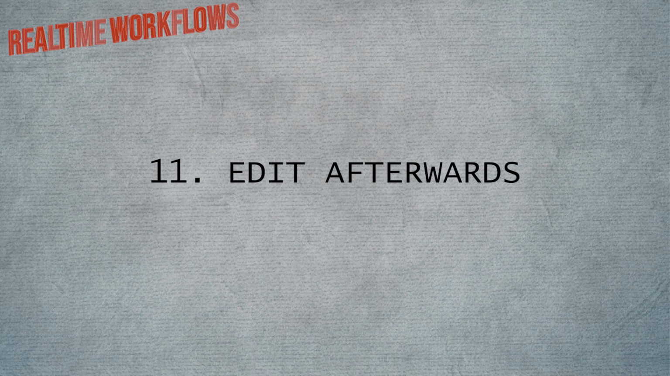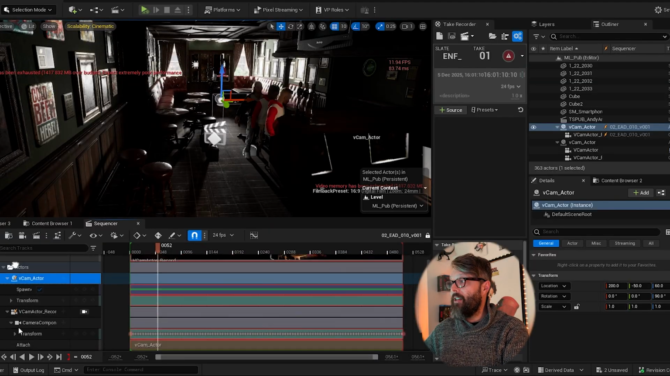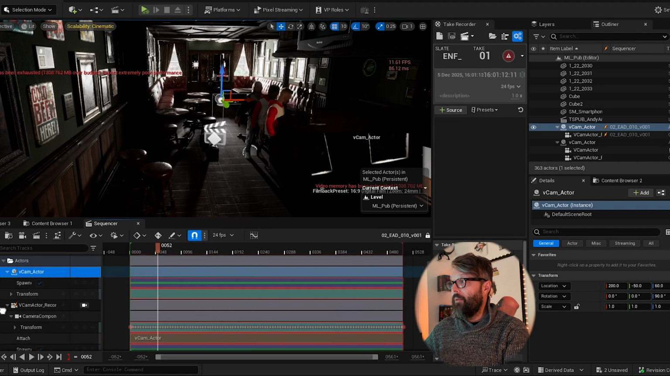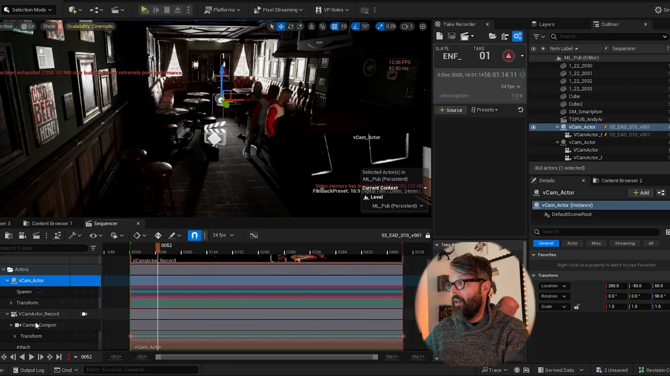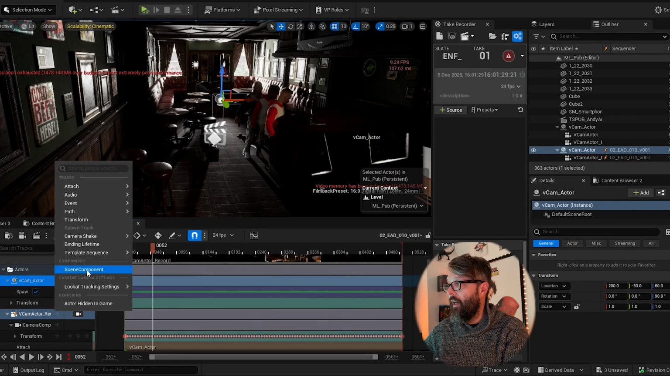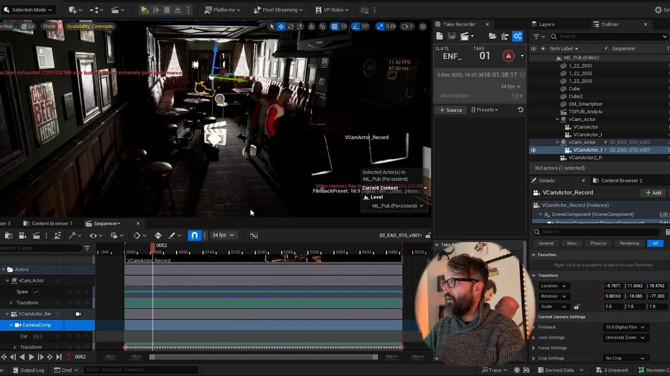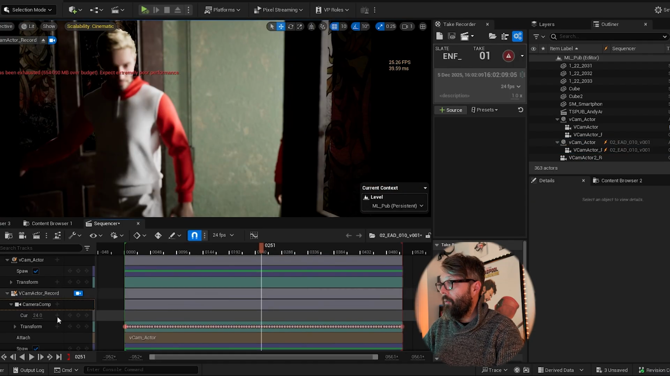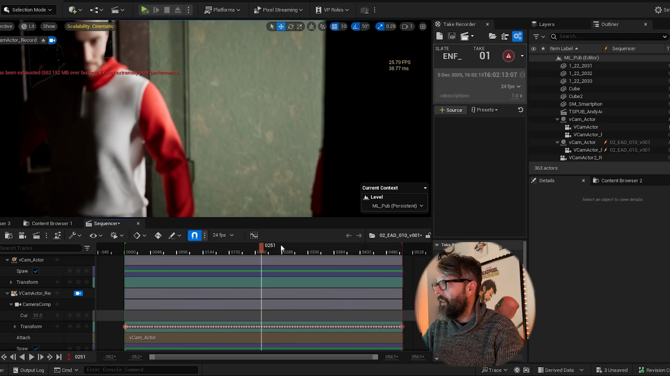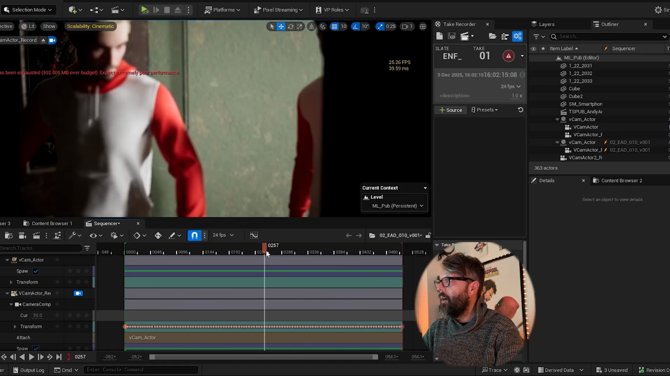Tip number 11. Edit afterwards. Now, if we've made a non-destructive version, we can edit away to our heart's content, can't we? So we could come in here, we could change the lens on this thing. We've got a camera component here. Let's add current focal length, and we can change it. So I recorded it on a 24. Let's take a look on a 24. Now, if we wanted to make this slightly longer, we can make it 35. It's going to affect the framing a little bit, but you know, we could add